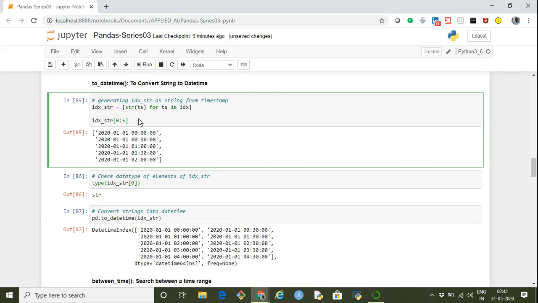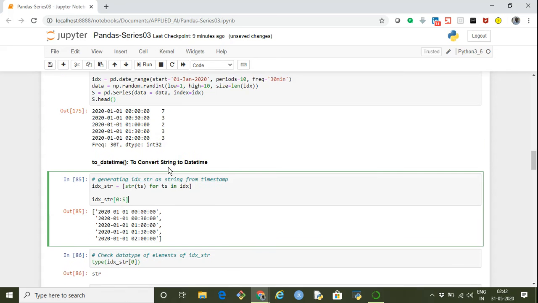So what I'm doing here is using the previous idx which was created in the example, and converting it. Using this list comprehension, I'm taking each value, converting it into a string, and storing it into idx_str. So idx_str represents the string value of the date time.